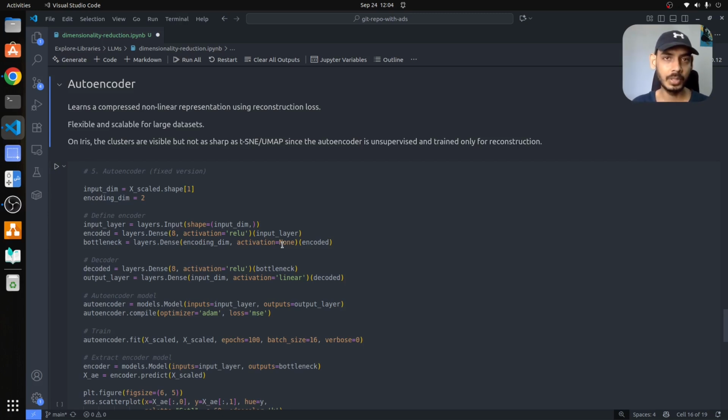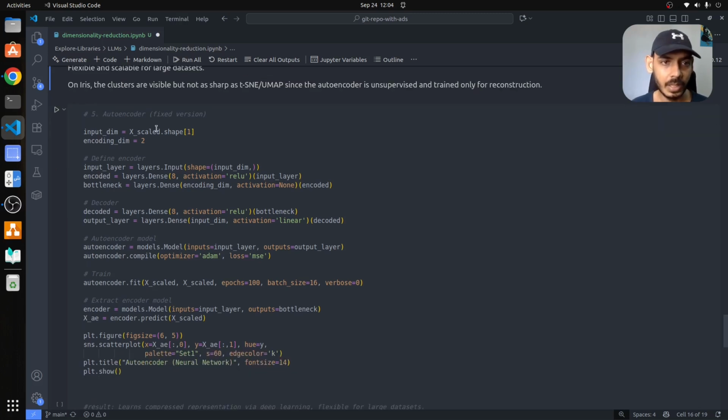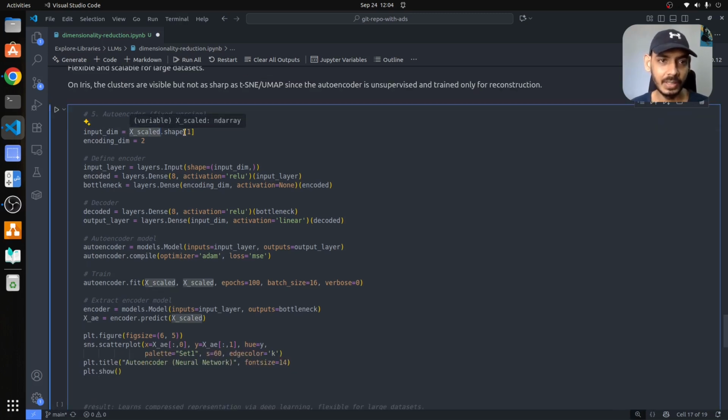And then you again project from the lower dimensional space to the decoder, and from the decoder you get your output. So what we do here is, first we take our input, which is x scaled, and get the shape out of it, which is 4, your input dimension, and we are encoding into the 2-dimension space. And here we are creating our neural network where we have layers.input, and we say that the input will be of 4 dimension,